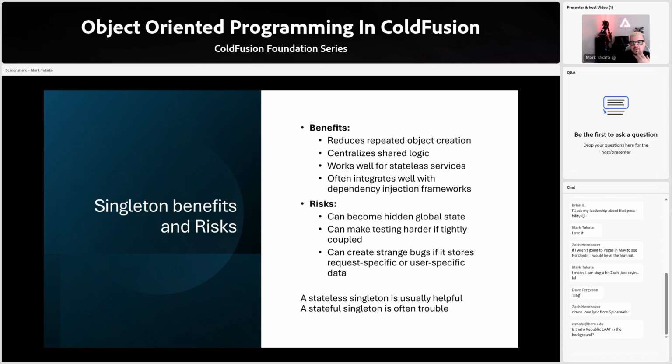And it works really well with dependency injection frameworks. Those are a little bit out of scope for what we're talking about today. Maybe I'll do another talk on dependency injection if anyone's interested in that. I will point out DI is available basically in all of the different MVC frameworks. It works really well with those. So if that's something that you're interested in, you can pick up ColdBox, and ColdBox I think has WireBox as